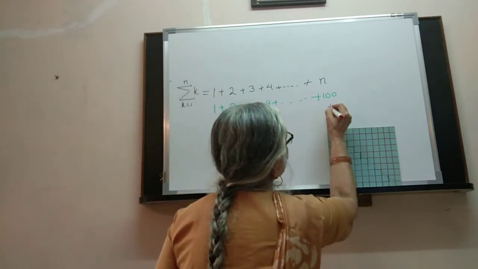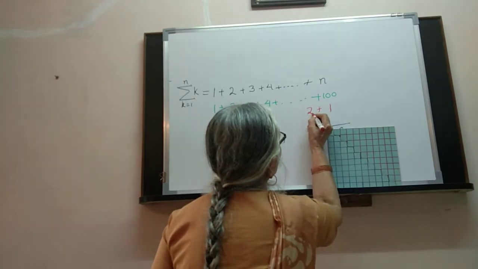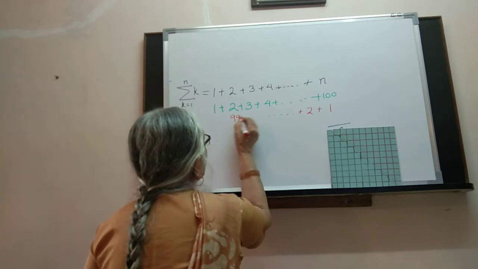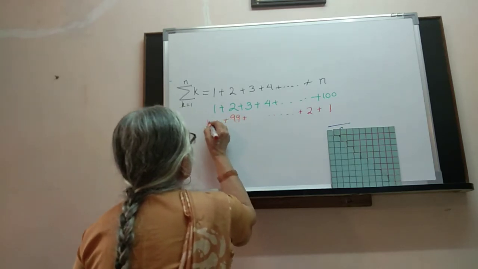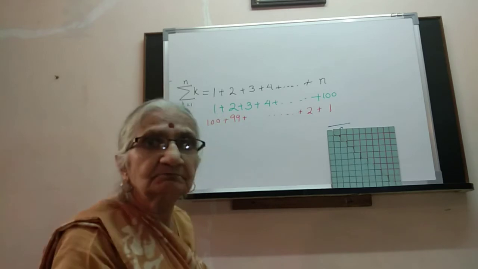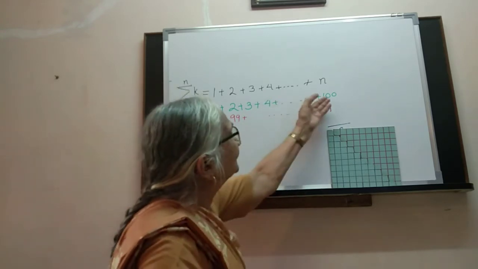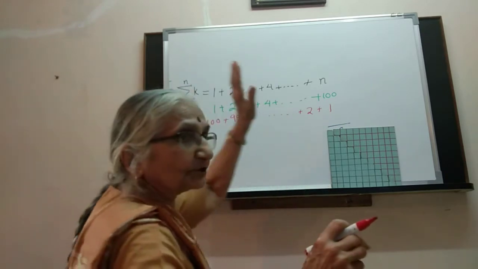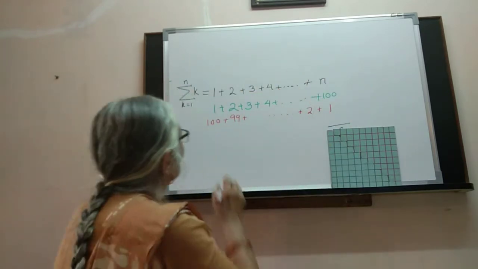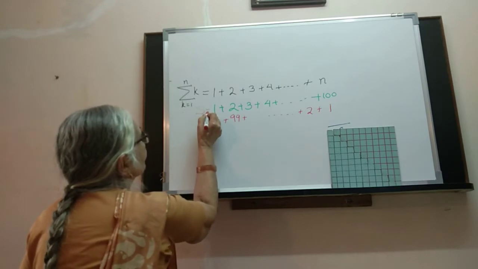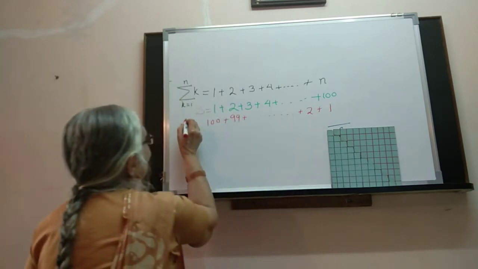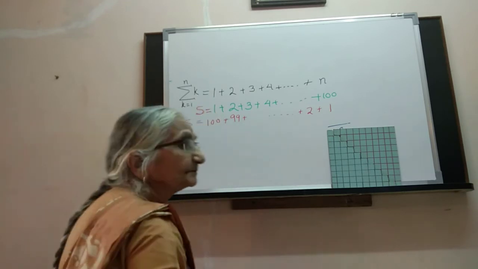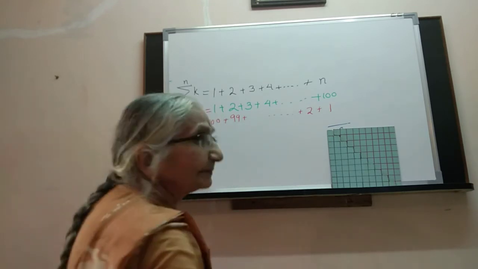What he did was, he wrote 1 here, 2 here, okay, what did he do? Nothing special. The same thing he wrote in the reverse order. So, if this sum is going to be something, whatever it is, we don't know, we call it S. Then this sum also has to be S. Okay? Then, we'll add them up.